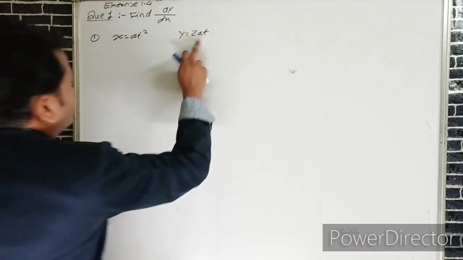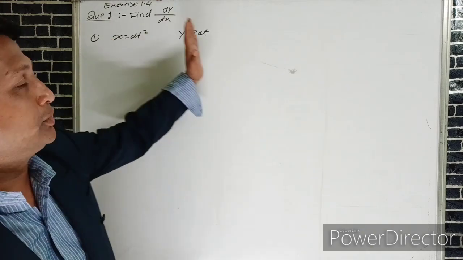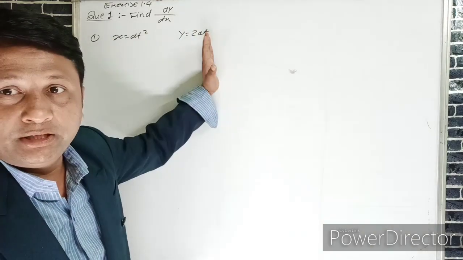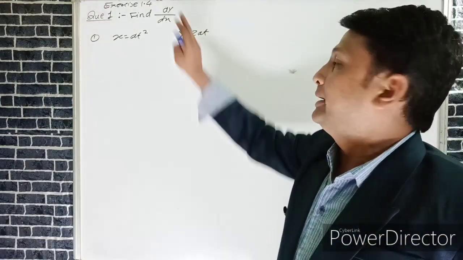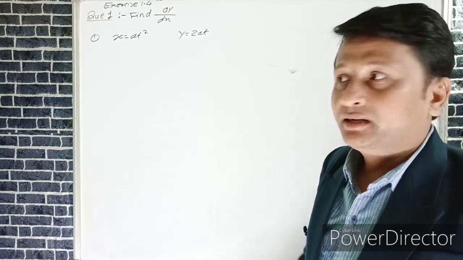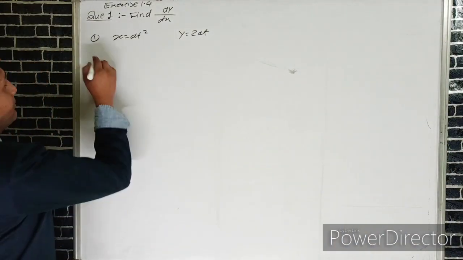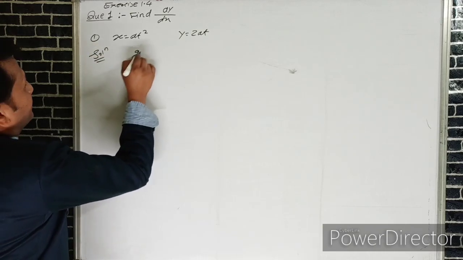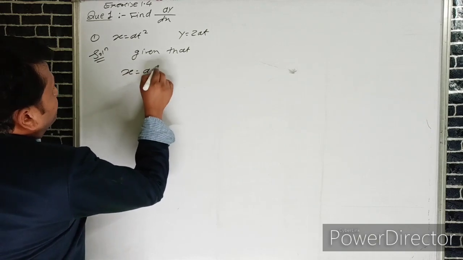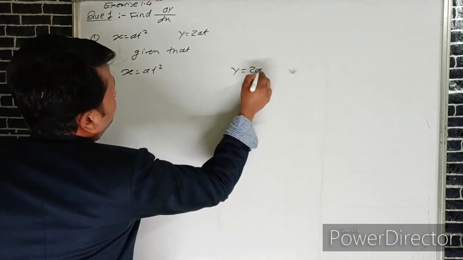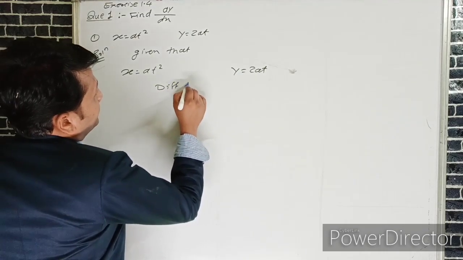We know that here t is a parameter. If we differentiate x with respect to t and differentiate y with respect to t, and by use of the definition of parametric functions, we can find dy by dx. Here it is simple that x is equal to at square, y is equal to 2at. We can write first, given that x is equal to at square and y is equal to 2at, and if we differentiate both x and y